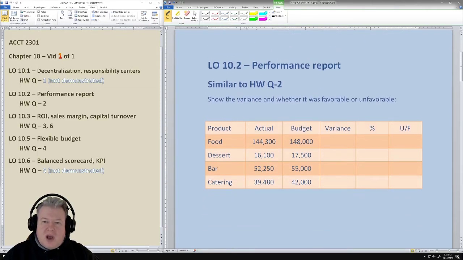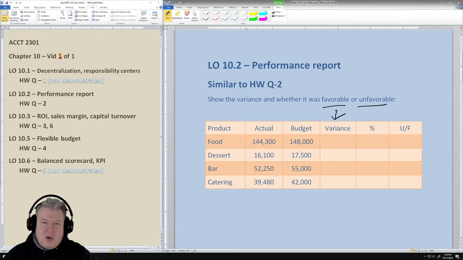So if you've got actual results and you've got a budget, well, naturally there's going to be a difference. And like I've said before, this difference we call the variance. Now, we can say plus or minus, but we actually use the terms favorable or unfavorable. And even though we may calculate it as a plus or minus, we have to interpret it. So these are interpretations of whether this number is good or bad. Well, as you can imagine, before we even get into all the technical